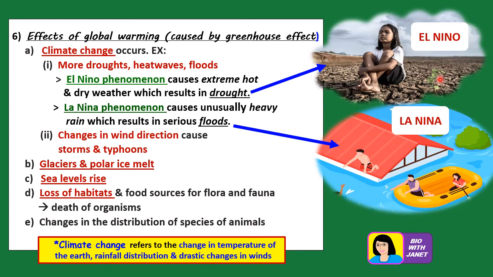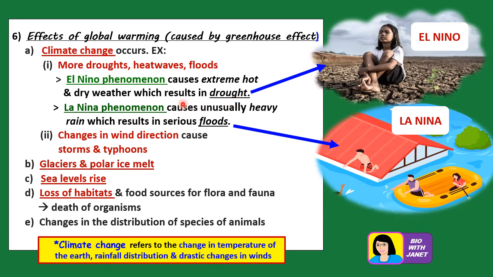So what is the El Nino phenomenon? It's actually a climate pattern that involves the unusual warming of the surface waters of the ocean, and that is the Pacific Ocean, right? So it's known as the warm phase of the climate change, right? And that leads to droughts, where there's no water, no rainfall for long periods of time, okay?